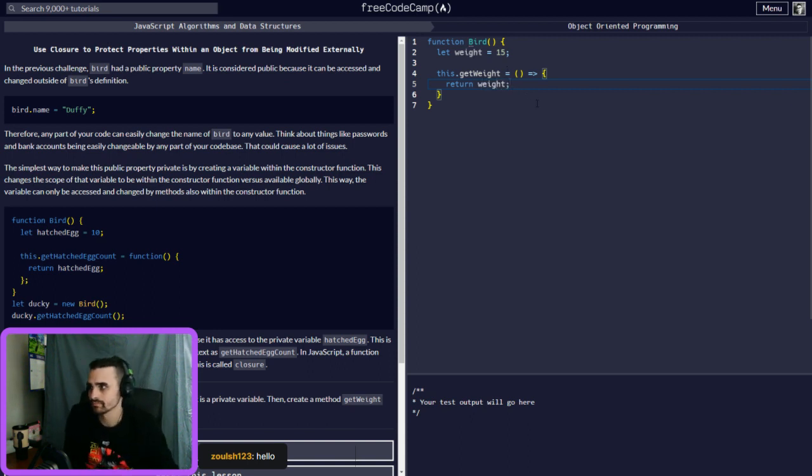There we go. So we can get this.weight, and then we can return it that way.